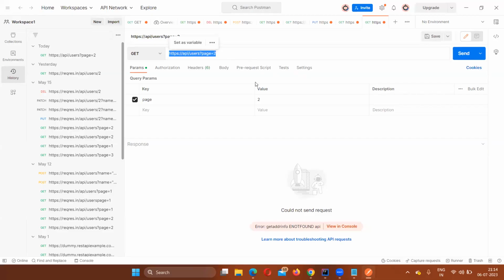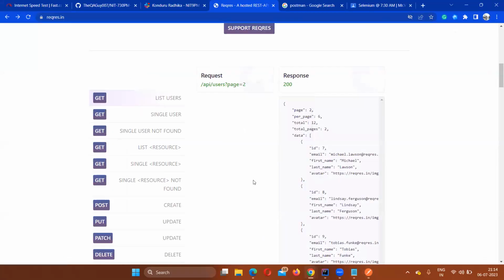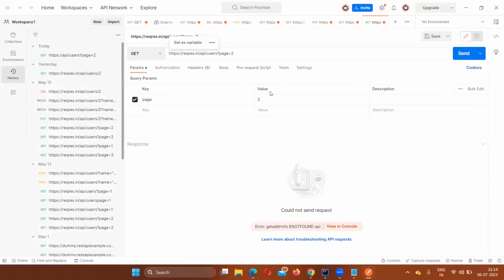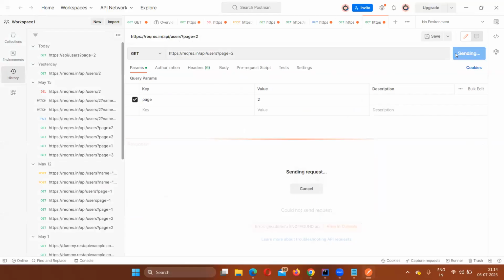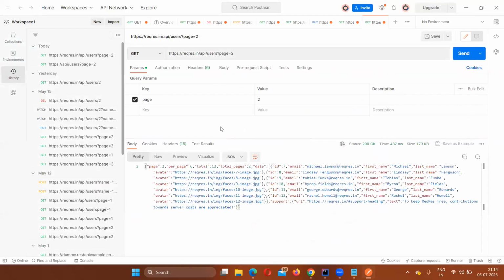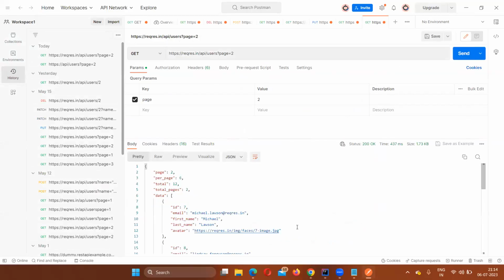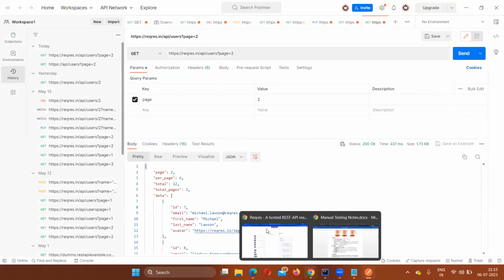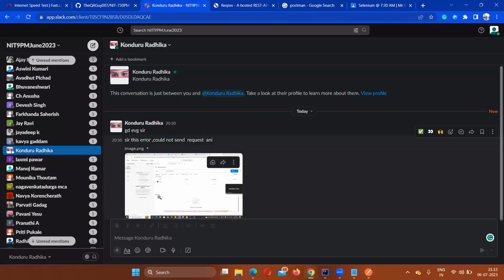So you need to copy the endpoint correctly, first of all. If you don't copy the endpoint correctly, you will not even be able to send the request at all. So right click and then say copy link address, and then copy paste it here. Come on, how come you guys don't even remember this? I have explained this in the entire session yesterday. If you guys make these kind of silly mistakes, I can only understand that you are not paying attention in the class. That's all I can tell you.